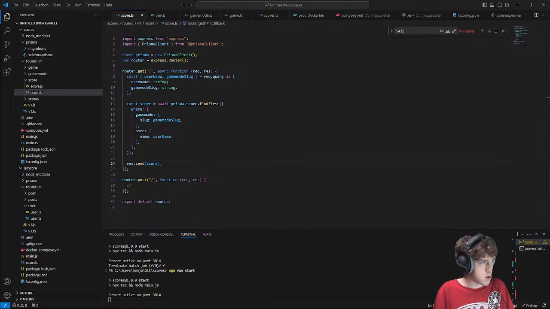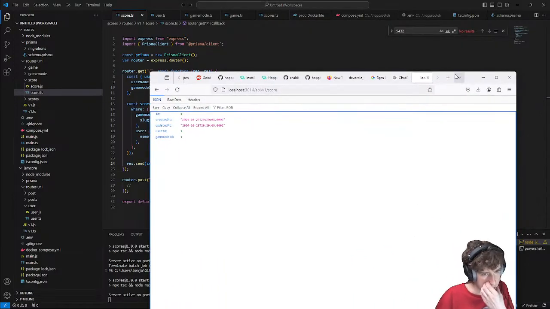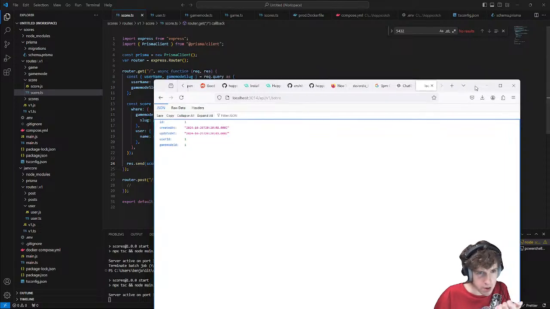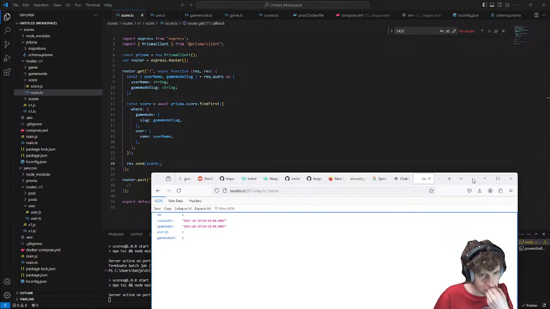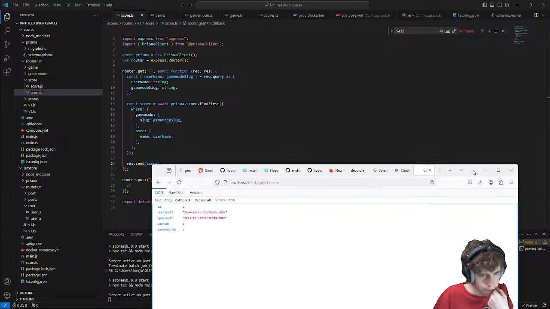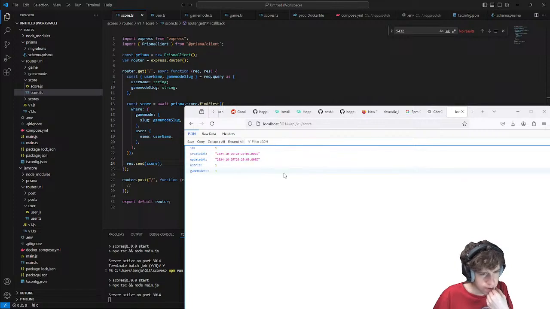I can do slash API slash v1 slash score. Okay. And then it gave me a score. But I didn't give it a game mode slug or username, so why did it give me a score?